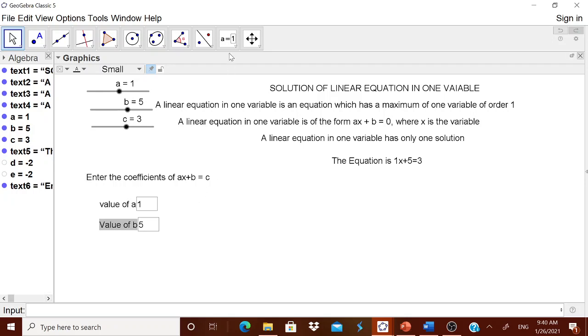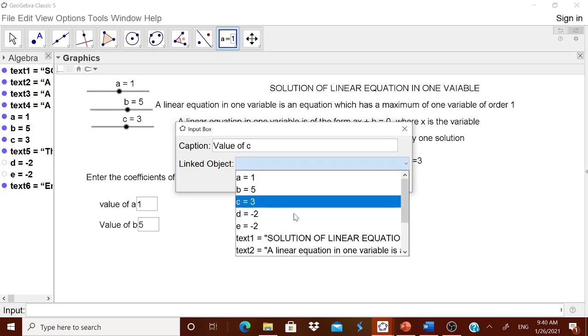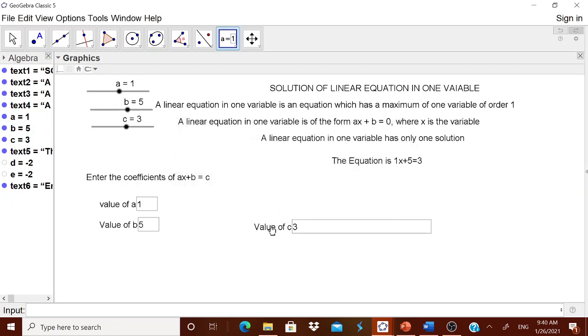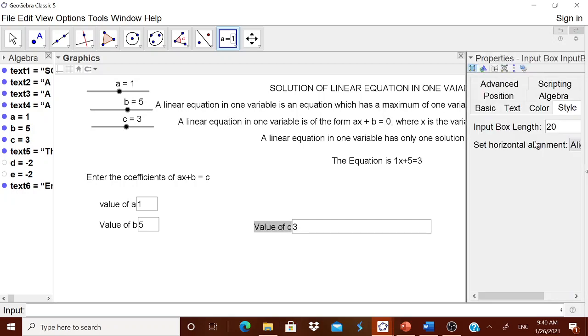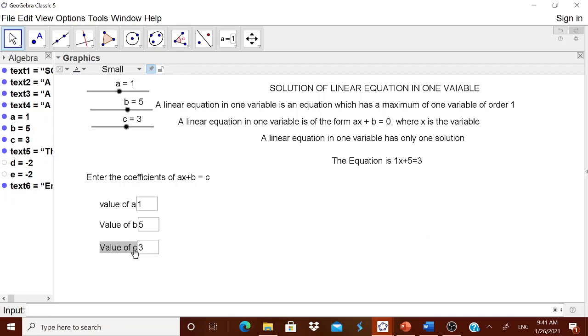Then again one more, we can have the value of c, the caption, value of c, or c is equal to whatever you want, you can type it. It is only a button, therefore it is c is equal to. Again right click, object properties, here you can make it as 3 because you are reducing it, and then close it. Right click, fix the object, remove it, and then bring it and put it over here. Now suppose if a child is entering over here 2, you see it is totally changing. Suppose if a child is writing it as 4, then it is totally changing now.